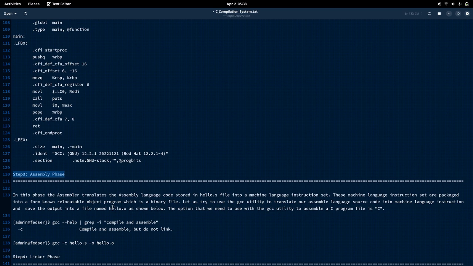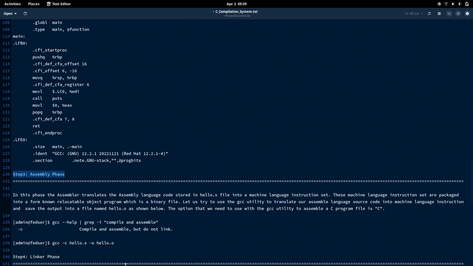It basically converts the whole assembly language source code into machine format which is not understandable by a human, but it is understandable by a computer system.